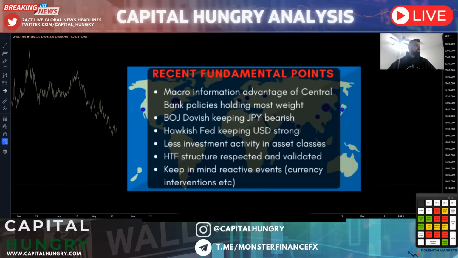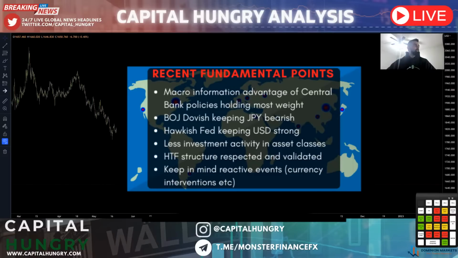Higher time frame structure is still being respected and validated. Gold higher time frame bears. GBPUSD, even though we're having some short-term upside moves, is still very bearish on the higher time frames. EURUSD very bearish. USDCAD bullish. US30 stock market index bearish as well. And now, besides the overall fundamental main catalyst of the central bank monetary policies, Bank of Japan keeping interest rates in the negative with their bond buying program going, Federal Reserve on the other side of the coin, hiking rates and keeping interest rates hiked for an extended period of time, focusing on inflation.